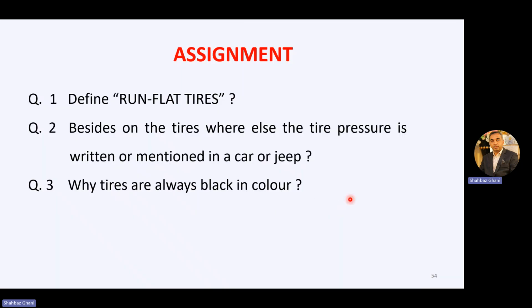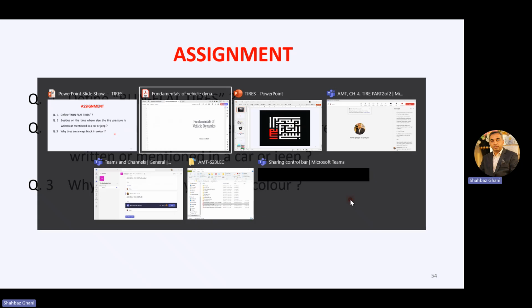Now this slide shows the assignment which I normally give to my students. There are basically four questions. First one is define run flat tires. If we go to your book,